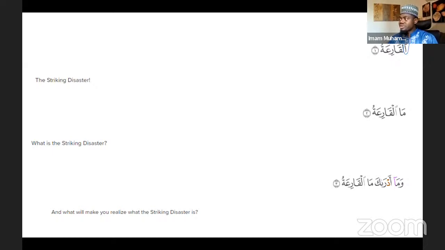So here we pronounce this with Fatha because we have a lam that comes after it, which is called the lam al-Ma'rifah. I've had a video in which I discuss this in more detail. Normally when you see this kind of lam, this is a moon letter. We teach all this to our students in the accelerated reading program. 5 year old kids will be able to identify and pronounce this correctly. Okay, so Al-Qari'ah. The hamza here is pronounced with fatha, sorry, because alif does not have a sound.